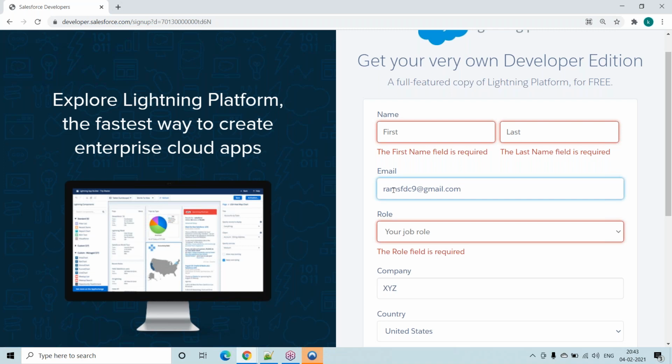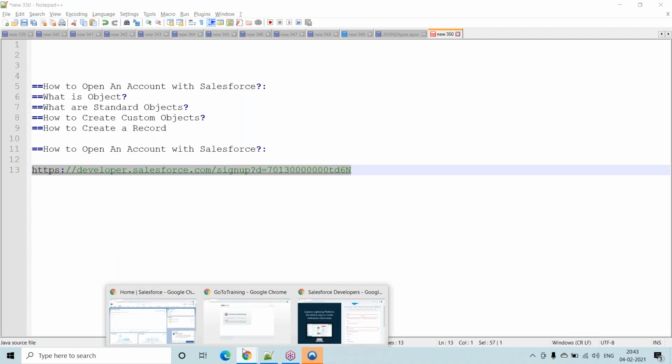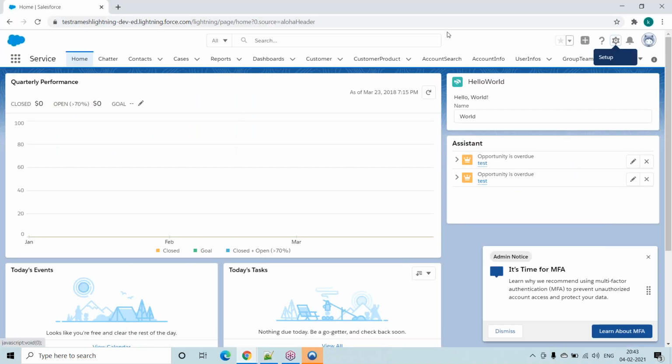Once we reset the password, it will automatically redirect into this particular screen.